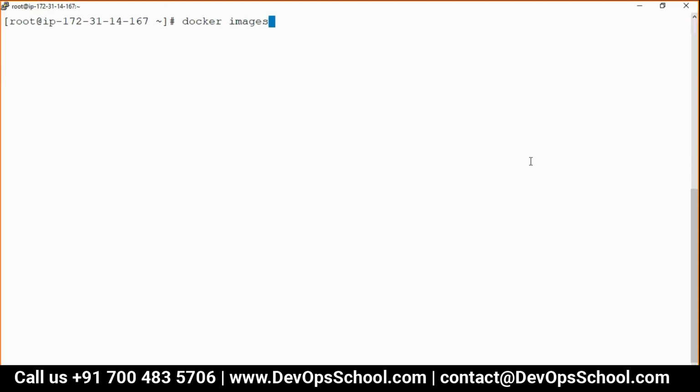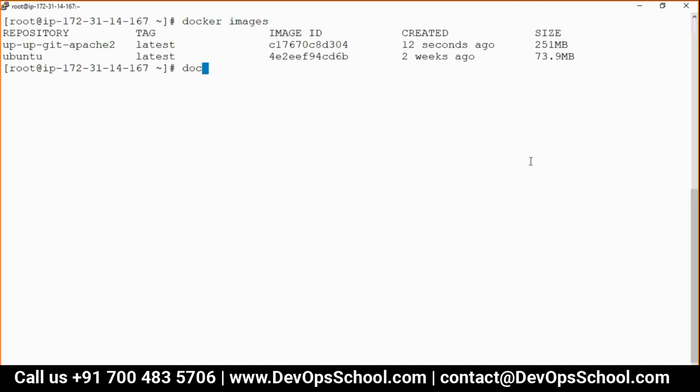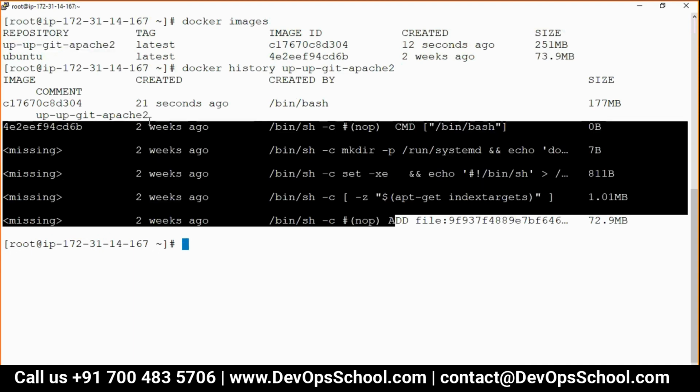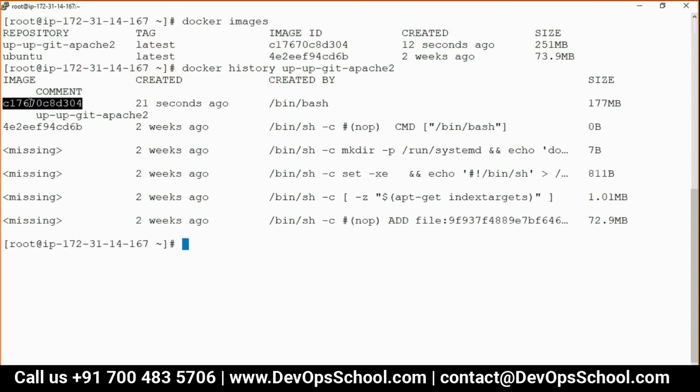Do you have the image or not? Docker history. See here. Till here is Ubuntu. This has the update plus Git plus Apache. How much is the size of that particular layer?